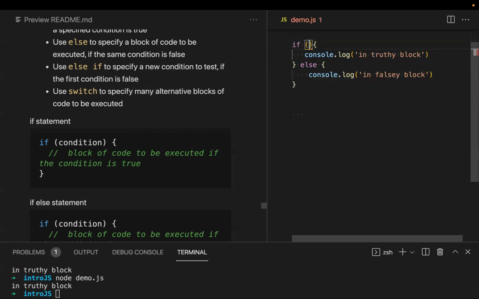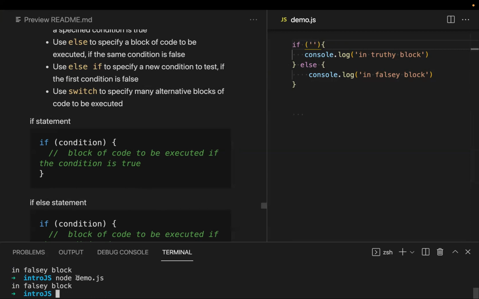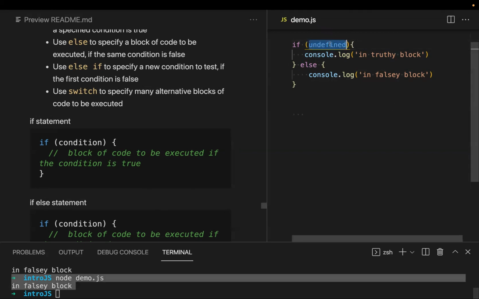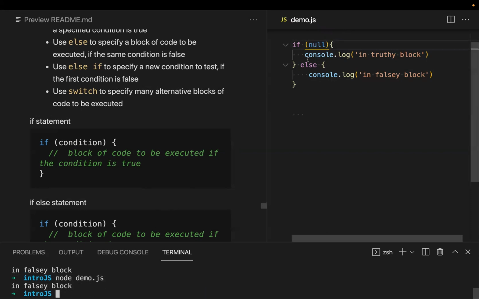Let's just review our falsy values. There's 0. That is a falsy value. We have an empty string. That is a falsy value. We have undefined. Undefined, that is a falsy value. We have null. That is also one. And then we have NaN. So when we talked about that earlier,